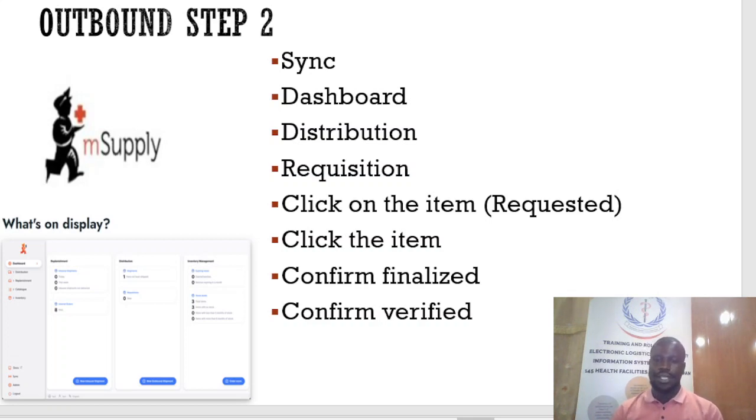From the blue part, you'll be able to see what you call new outbound shipment. This is created for non-mSupply customers. Why? Because this person may wish to have the commodities, but because they place the request on paper, that's how you respond. Number two, from the maternity wards, from the in-patient wards, from the other sections, when they come with the request on paper, that's how you'll be able to click on the